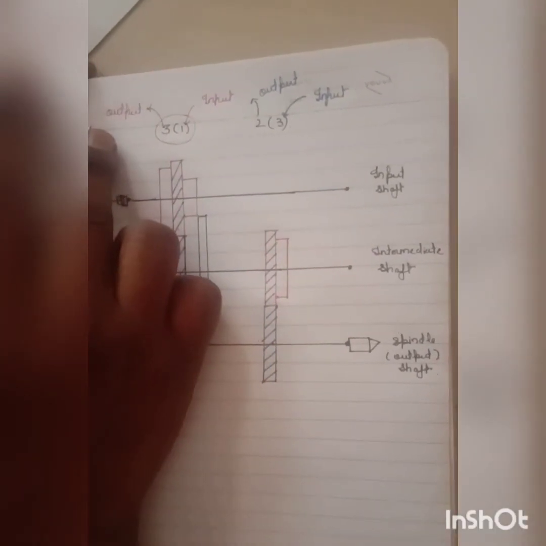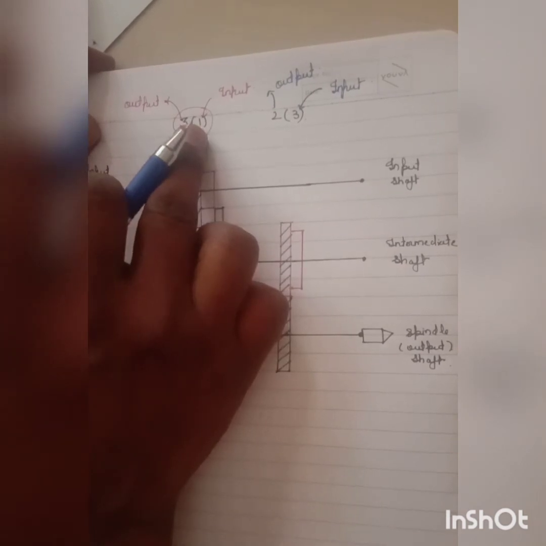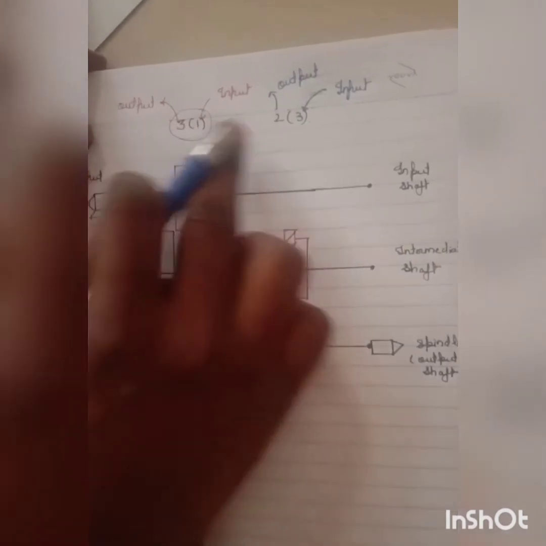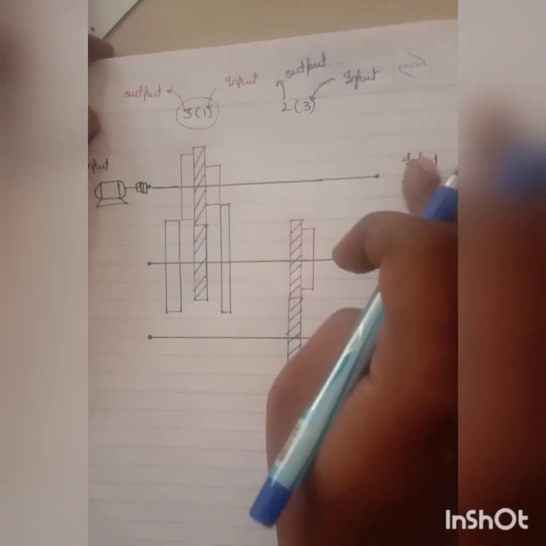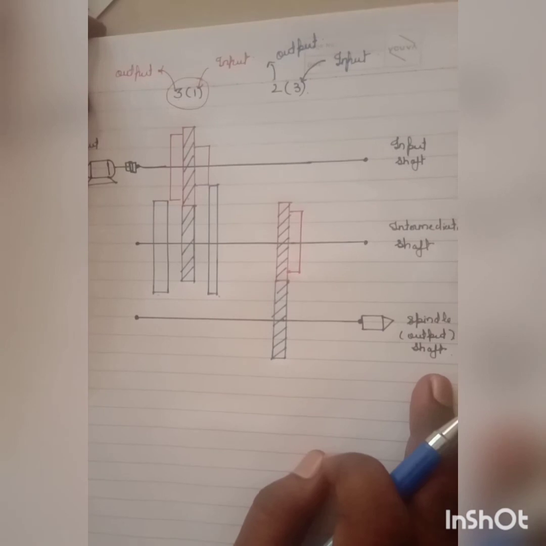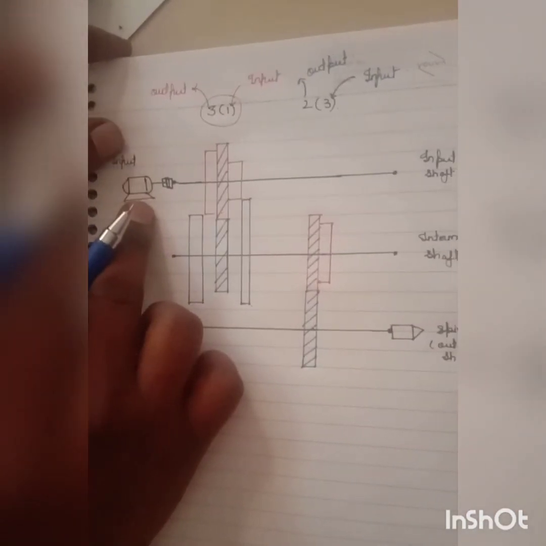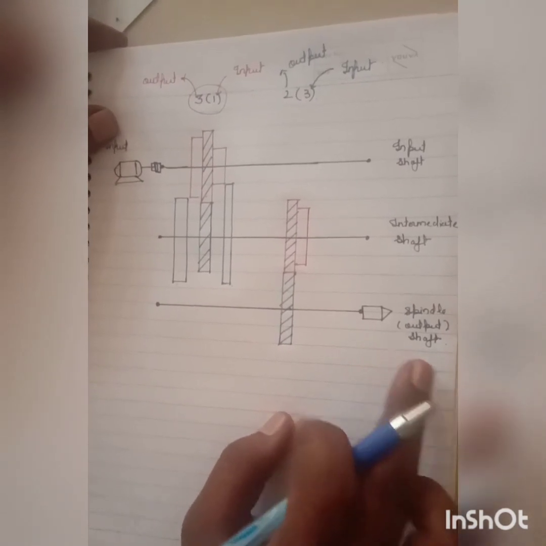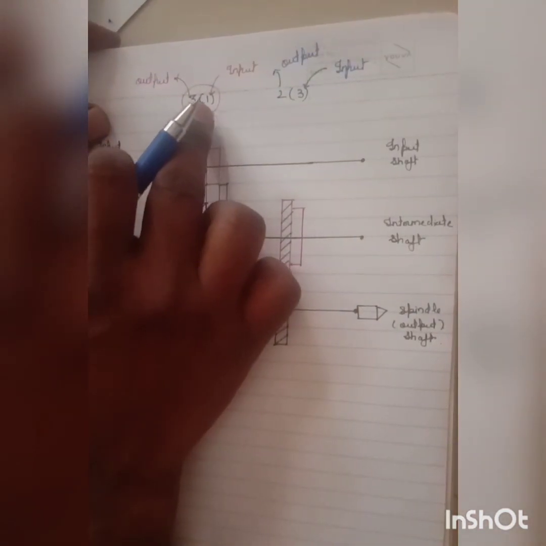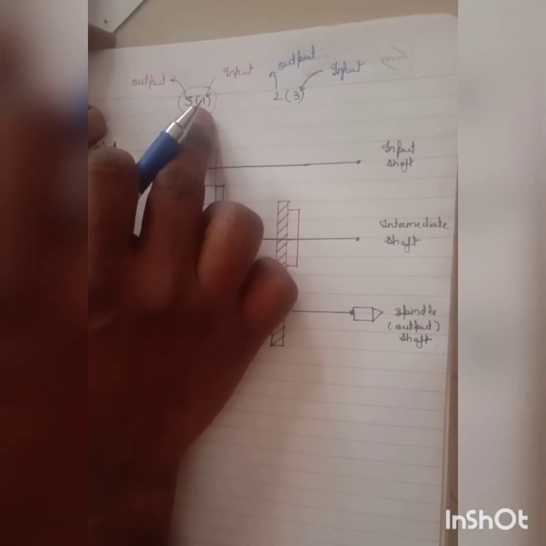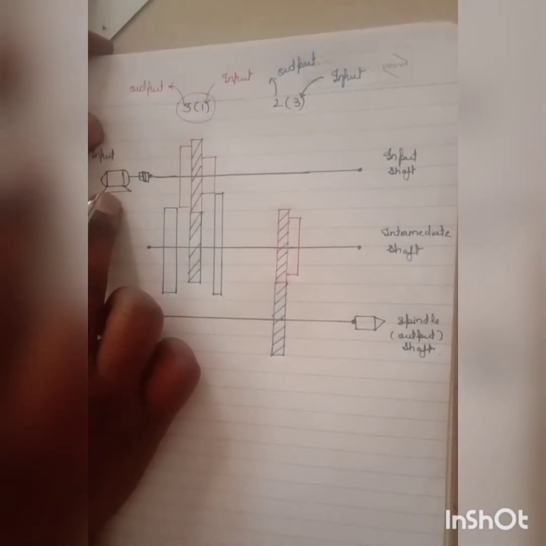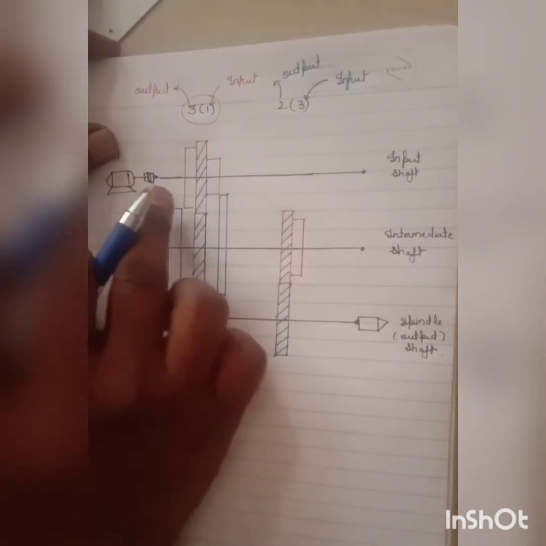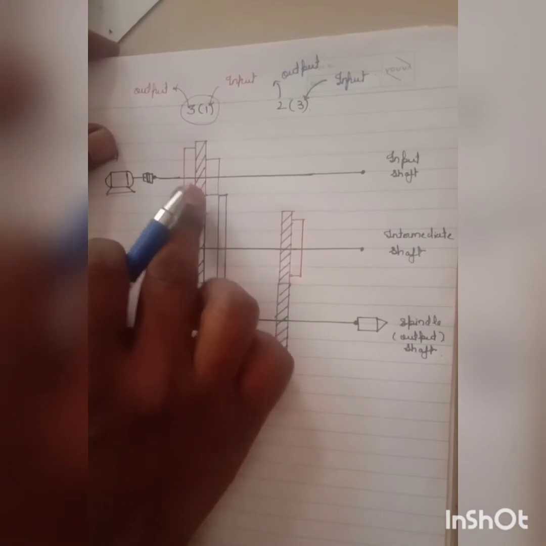Let us revise. We know the structural formula, which is 3 in bracket 1, 2 in bracket 3. As I told, this becomes your transmission group. We have 2 stages, so we should draw 3 shafts: the input shaft, intermediate shaft and output shaft. To the input shaft we show the motor input, and to the output we show the spindle which rotates at a speed in RPM. As I have shown, the number inside the bracket is the input. So 1 input is given through the motor and we get 3 outputs, shown in terms of gears. So I have shown 3 gears.